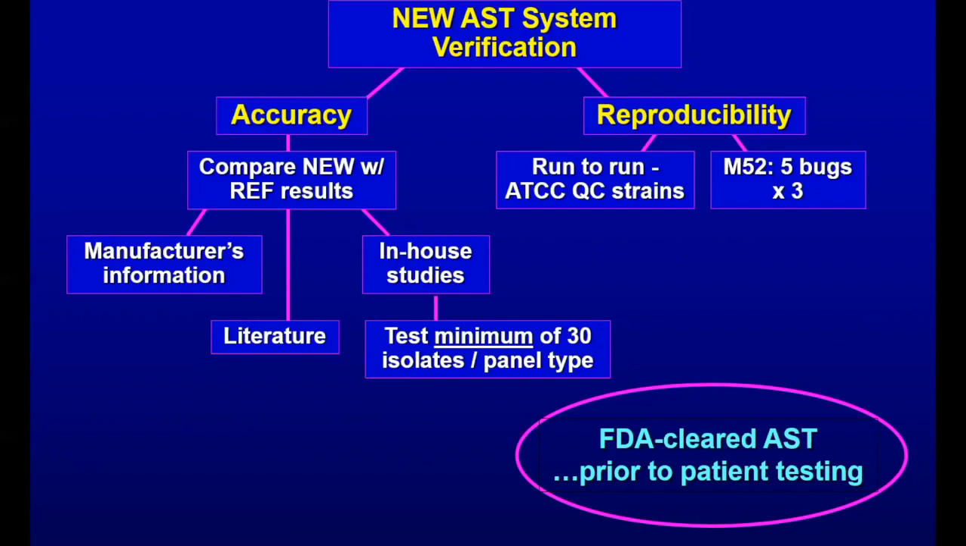And in the M52 guideline, we suggest a minimum of 30 isolates per panel type to get a minimum of 30 results for every drug you're going to be verifying. For reproducibility, we're going to talk about running the ATCC QC strains with each run. We can use those data to assess run-to-run reproducibility. And then in the M52, we say at minimum for reproducibility, you want to look at 5 organisms tested in